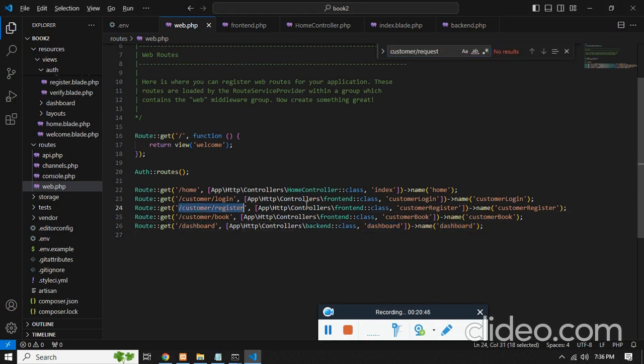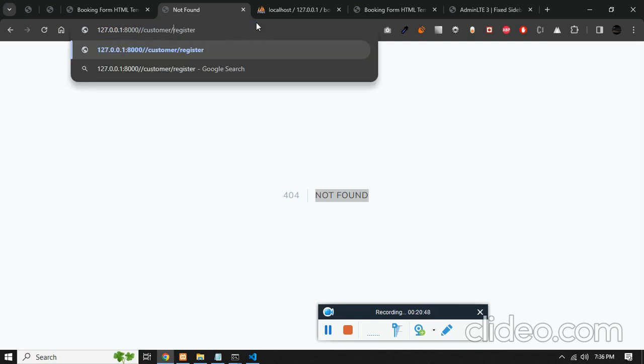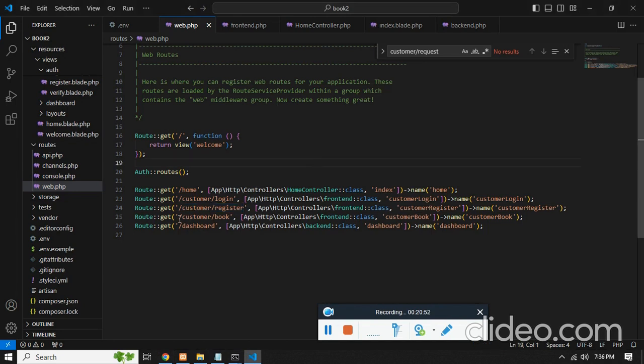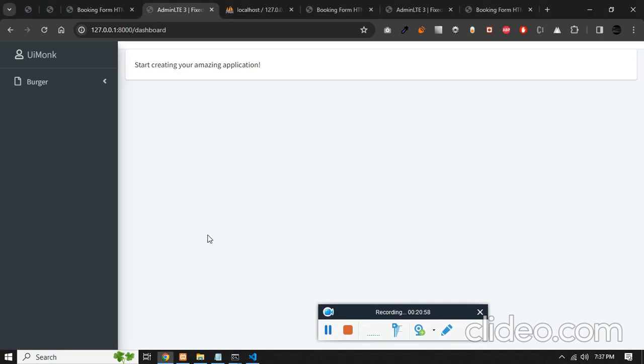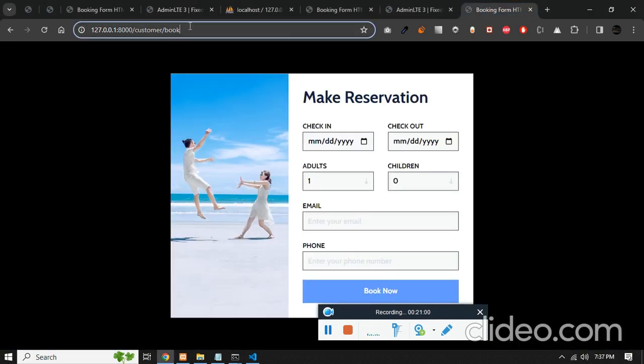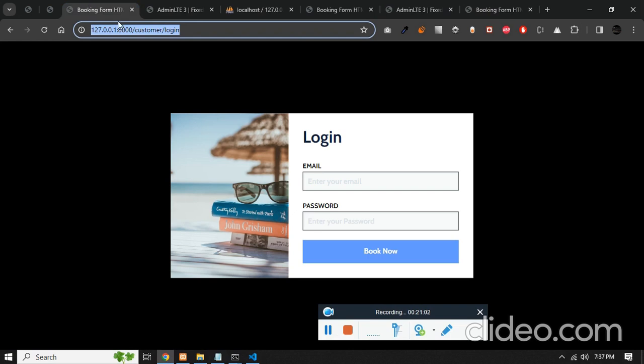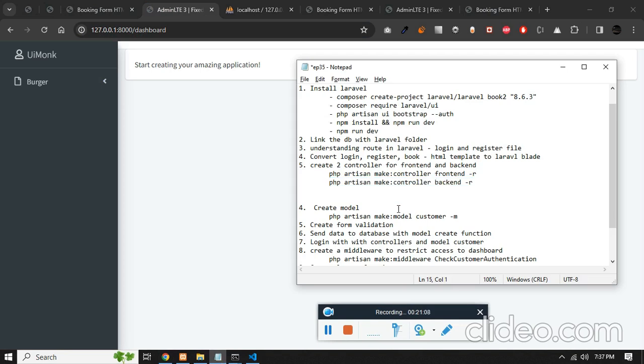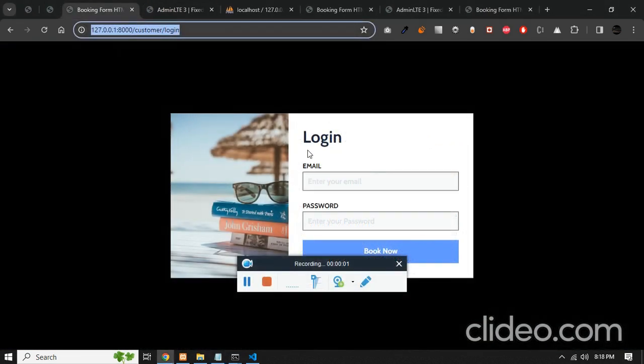Customer register, yeah, it's there. And then book, dashboard loads fine. Of course the book also loads fine. So as of now we have successfully converted our HTML file into Laravel, and now we need to create a